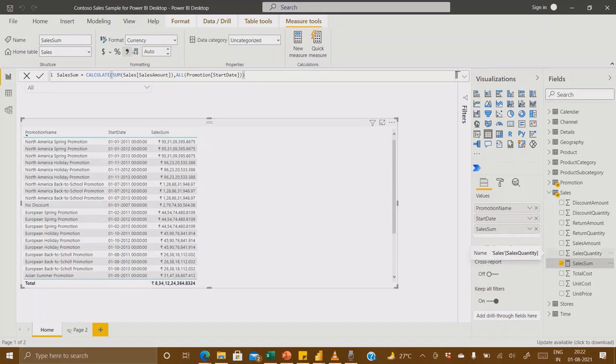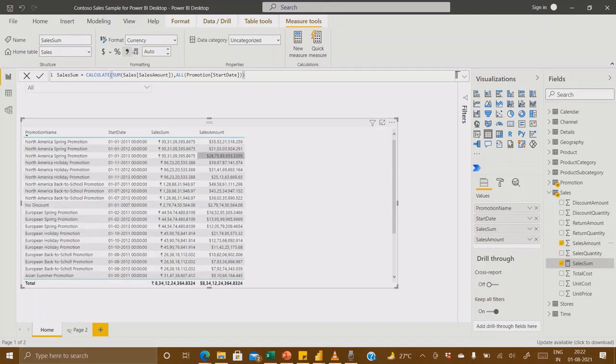I will bring sales quantity out, sorry. Now you can see we have the promotion name and when it started. North America spring promotion started on this date, and we have the sales sum, which is basically a measure. This is sales amount, coming directly from our table, whatever table we have stored here.